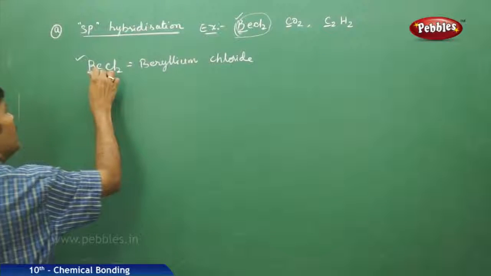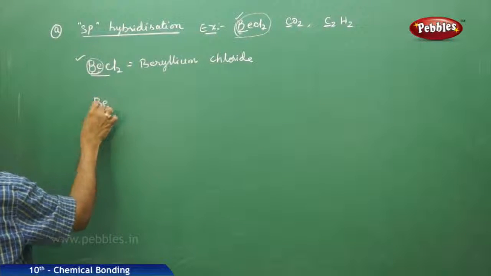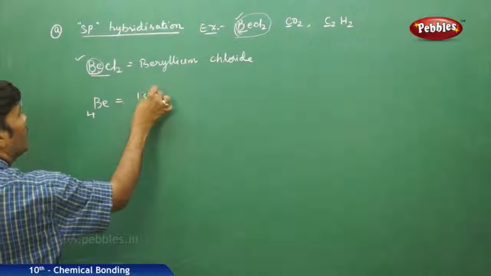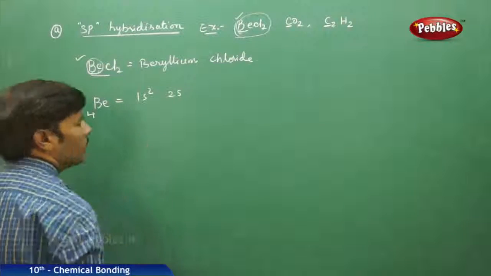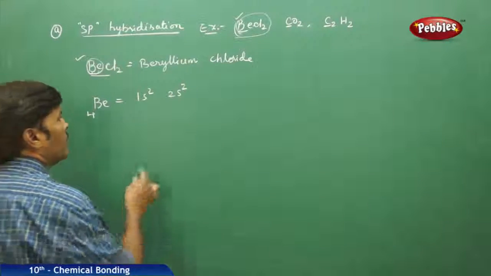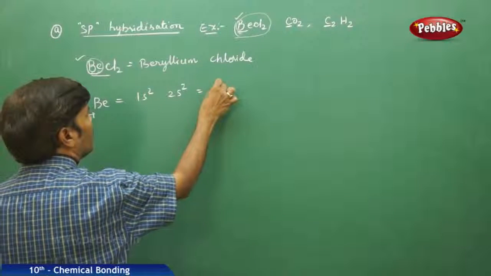In beryllium chloride, beryllium is the central atom. The atomic number of beryllium is 4, so write the electronic configuration 1s2 2s2. This is the expanded electronic configuration of beryllium, so this is helium of